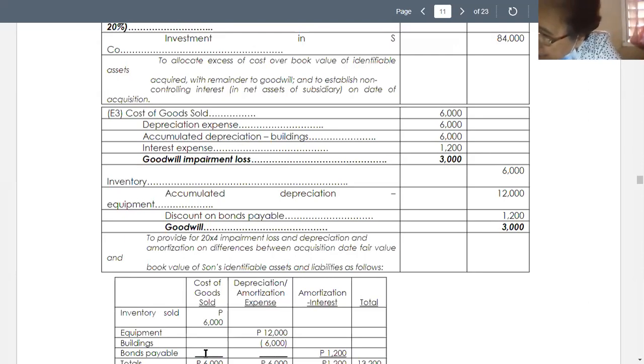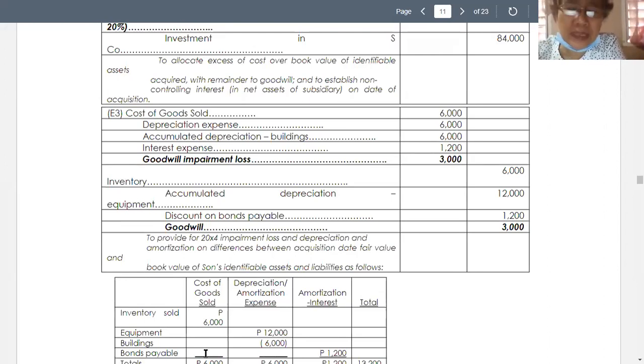And credit goodwill for 3,000. Here you will notice in our entries that in the previous entry we debited goodwill for 12,000, and now we are crediting goodwill for 3,000. In other words, the net amount of goodwill is 9,000 under the partial goodwill approach,